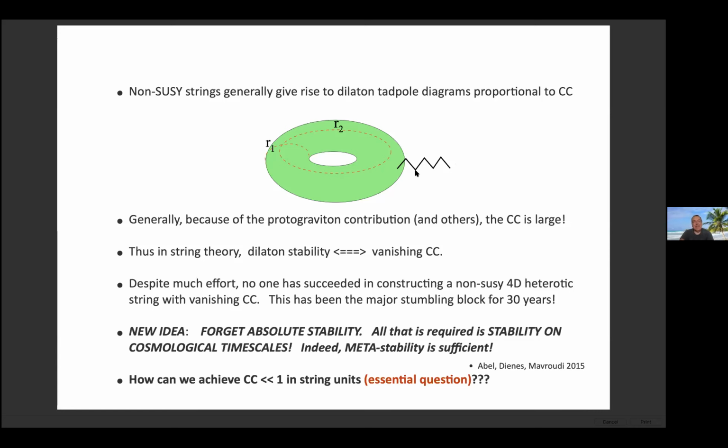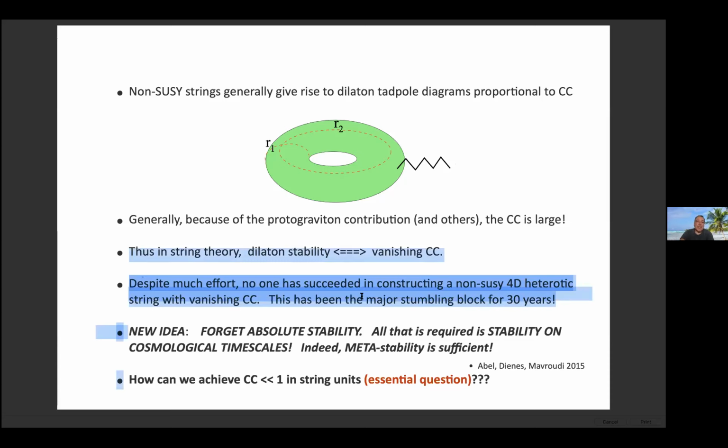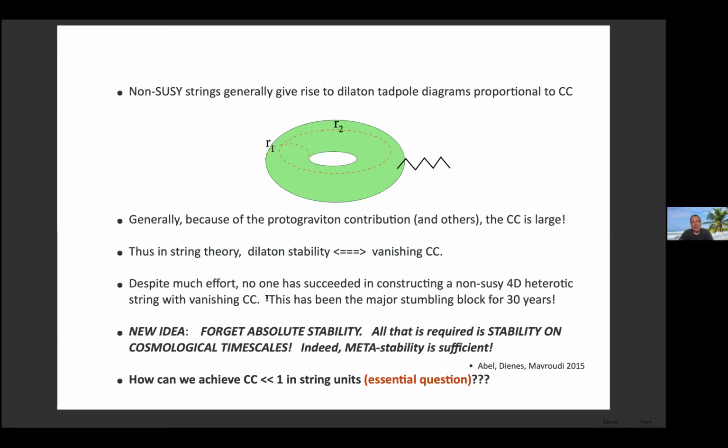uncharged. So this tadpole in principle is there, and it's going to mean that the theory is unstable. It will run away, and the instability will be a kind of string-sized one. So I'm not going to be able to do anything with the theory. And so our approach was, you see this comment here, that no one has constructed a non-supersymmetric four-dimensional heterotic string with vanishing cosmological constant. If that were possible, that would be very nice if it was in a stable minimum, but it doesn't seem to be possible. It's not very easy to achieve, or it's impossible to achieve, apparently.